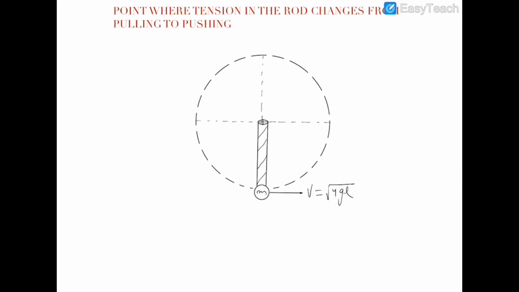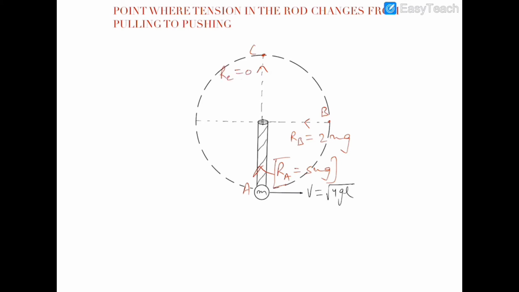Now in this video, we know that the reaction force in the rod at the bottommost point is pulling in nature, and the reaction at A is equal to 5 mg. We have already calculated that value. Now the reaction at point B in the rod is also pulling in nature, and its value is equal to 2 mg, and the reaction at point C is now pushing in nature, and its value is somewhere around